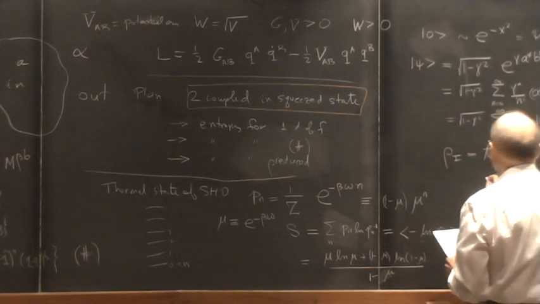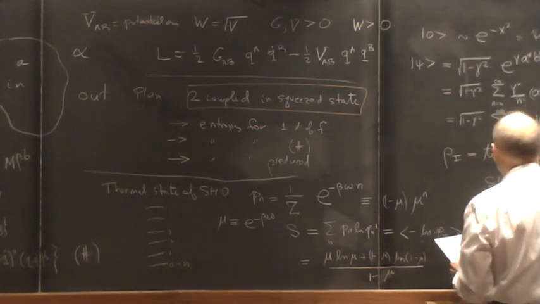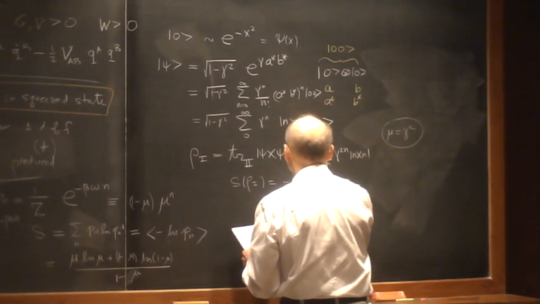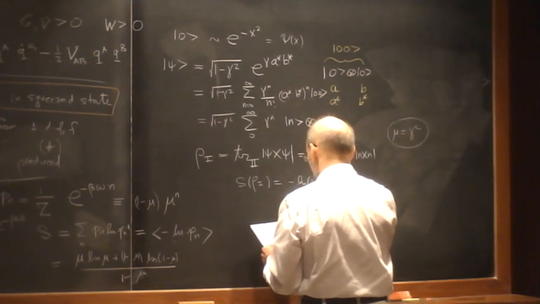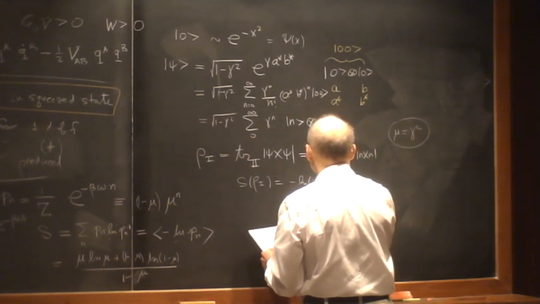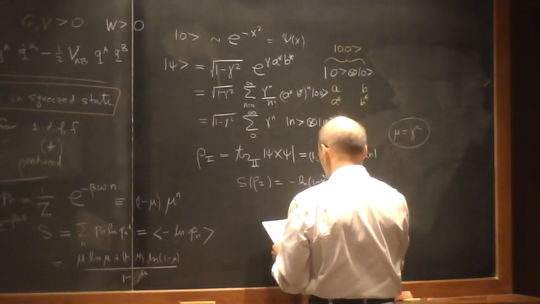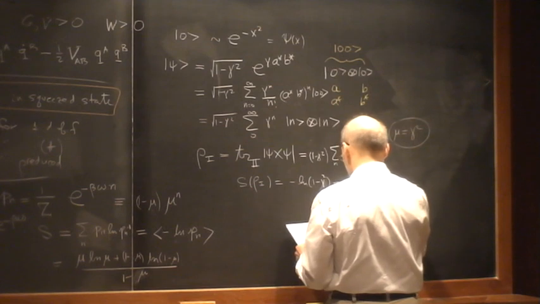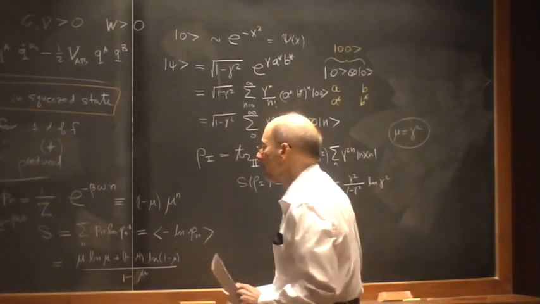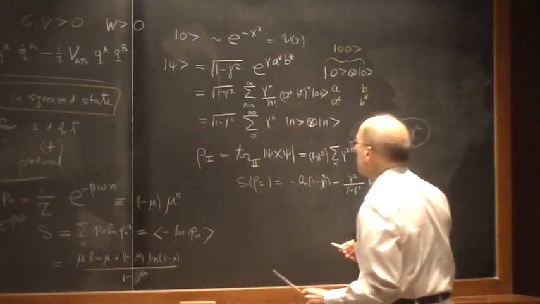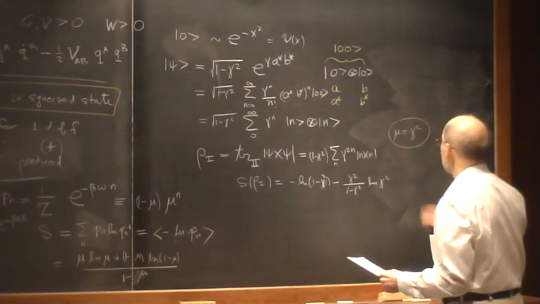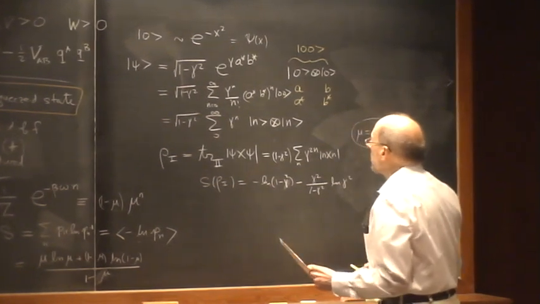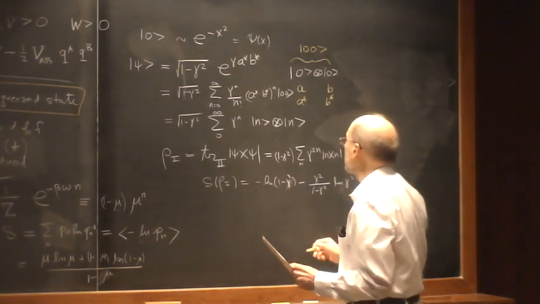So S of rho 1 is exactly that expression minus log of 1 minus mu, or I can write it as gamma squared over 1 minus gamma squared minus log of 1 minus gamma squared. Just by either this formula itself or that formula with gamma squared substituted for mu gives the entropy of this. So we now have a density matrix whose entropy we know,